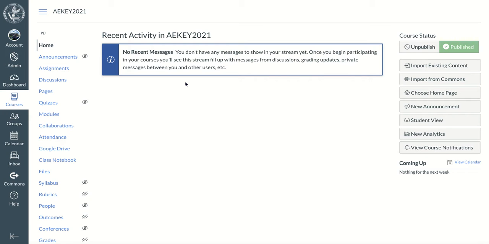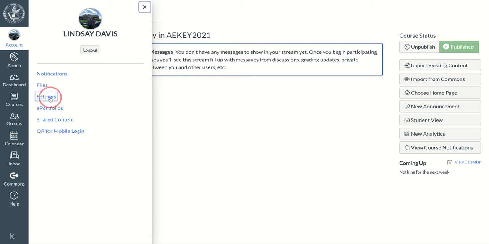Now, this next one is something that if you've been using Canvas, you probably already have, but we want to make sure that everybody's Google is connected to their Canvas page. It will make your life and your students' lives so much easier. So, to make sure, you're going to come up here to Account and you're going to click on Settings